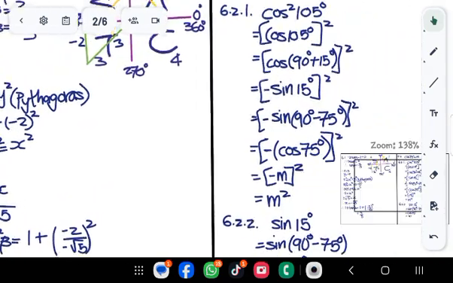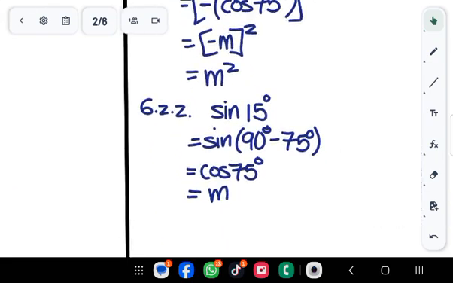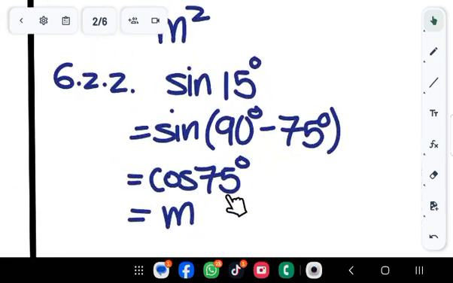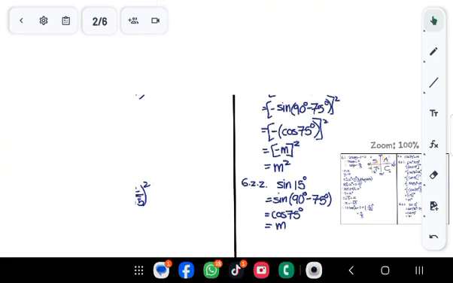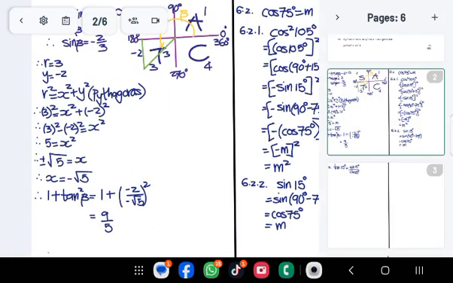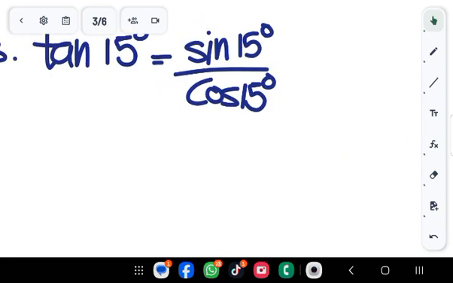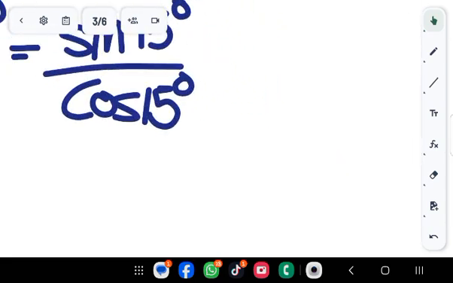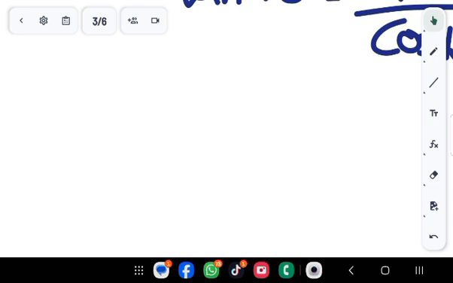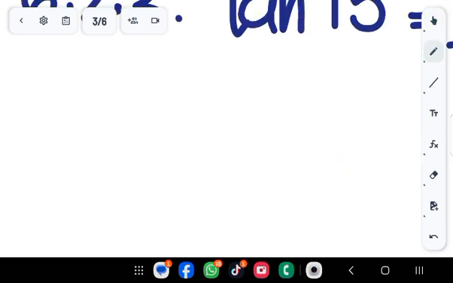Sine of 15 degrees is simply m. Sine of 15 degrees is equal to m. Now the cos of 15 degrees will be, okay, let's use this. Now cos of 15 degrees, remember the square identity I told you about,